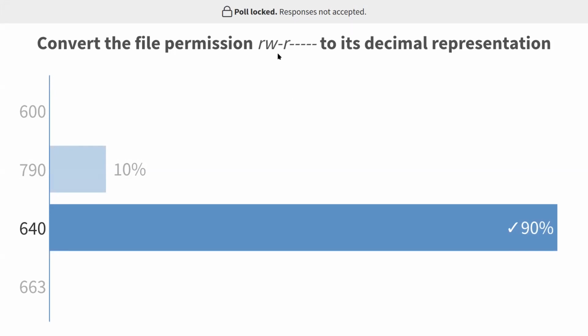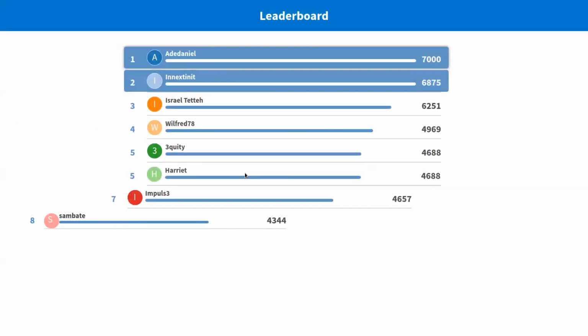We know we have rw. We said read is 4, write is 2, then execute is 1. So rw, that's 4 plus 2, that's 6. Then r is just 4. And the last one is empty, which is 0. So the decimal representation of this permission is 640. Then moving on,